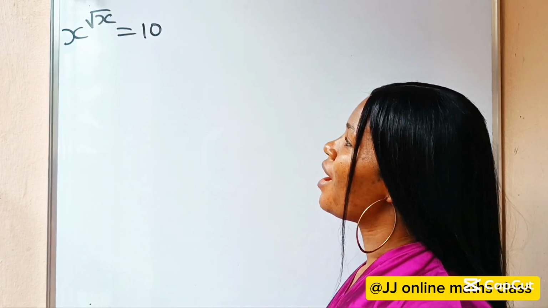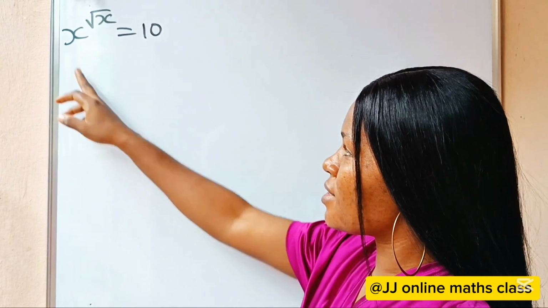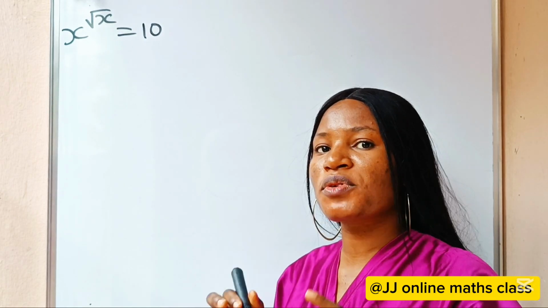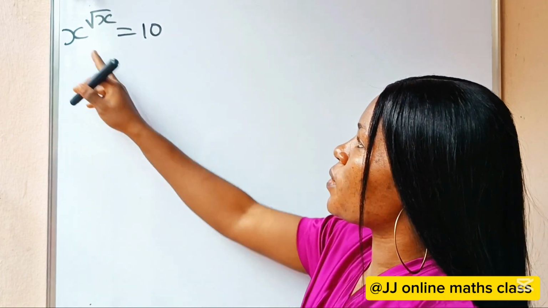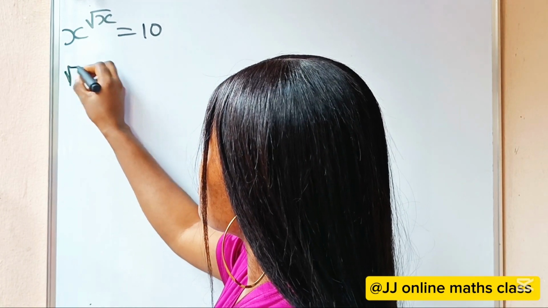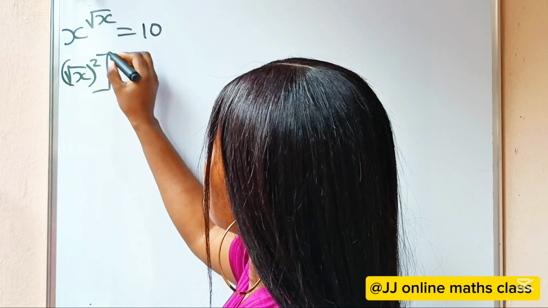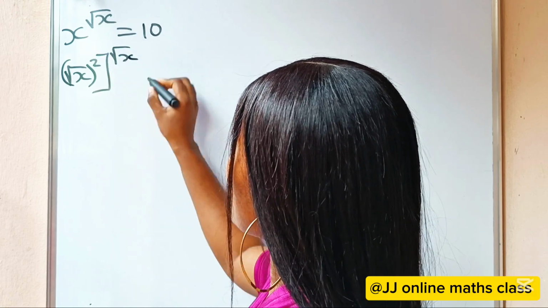Hi everyone, let's solve for the value of x. First, note that x can be expressed as the square root of x squared, right? So that is what I'm going to replace this with. So I will write the square root of x squared, then raised to the power of square root of x, right,